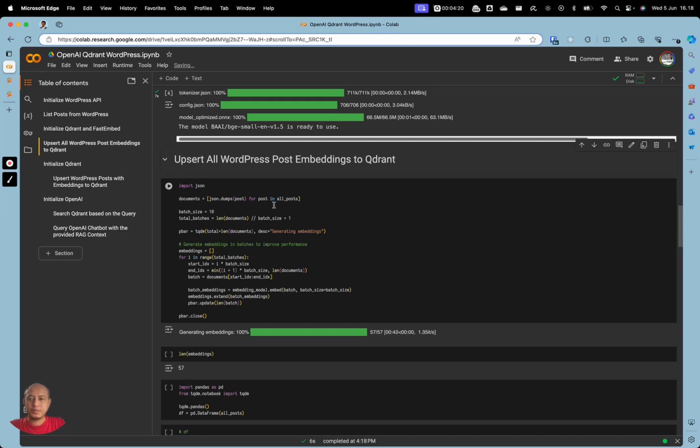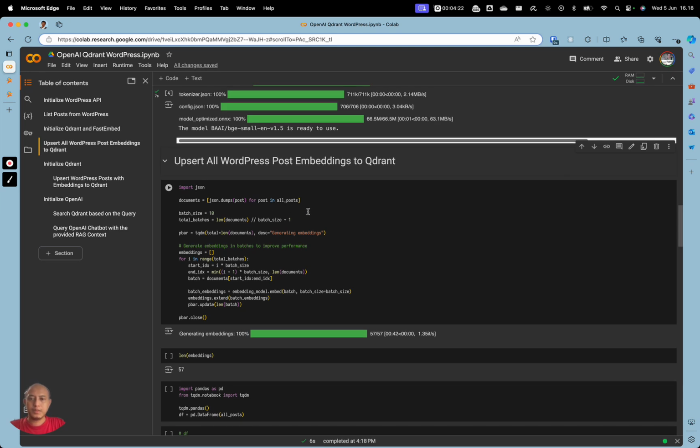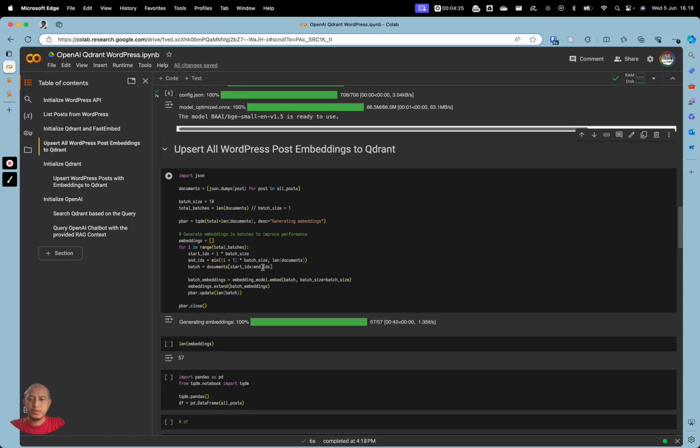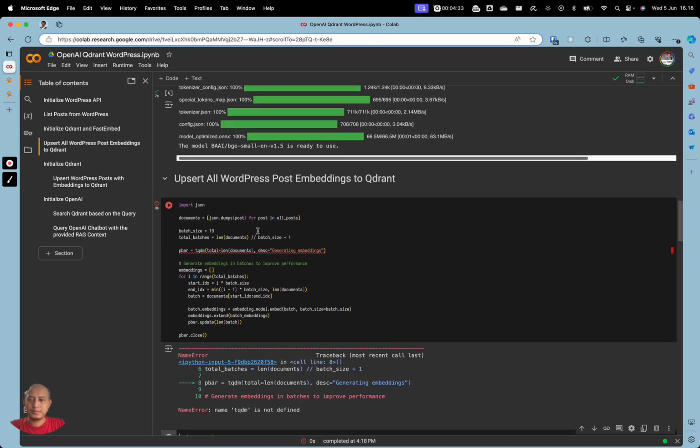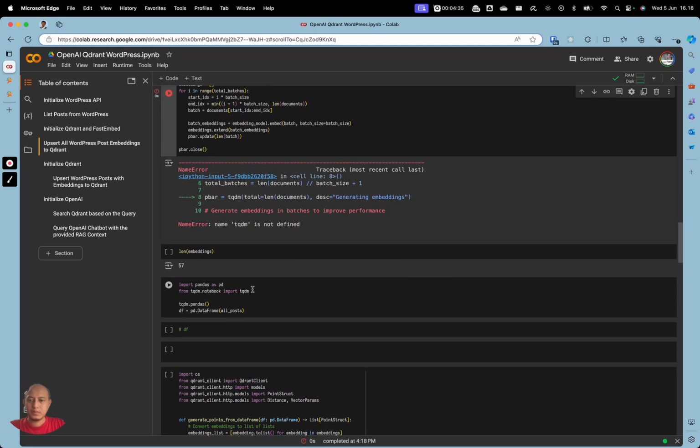And then in order to upsert the WordPress embeddings to Qdrant, first we will need to generate the embeddings. This will take quite some time.